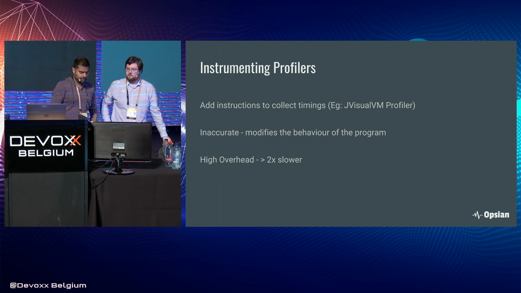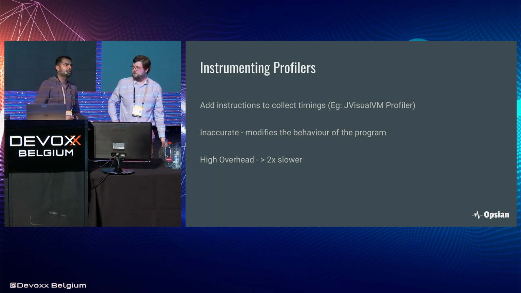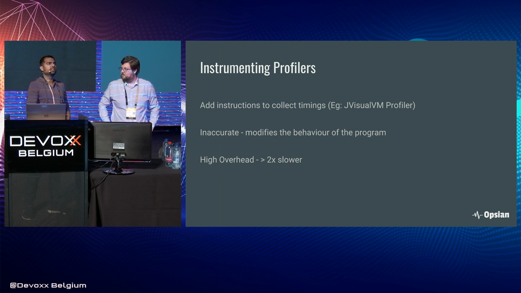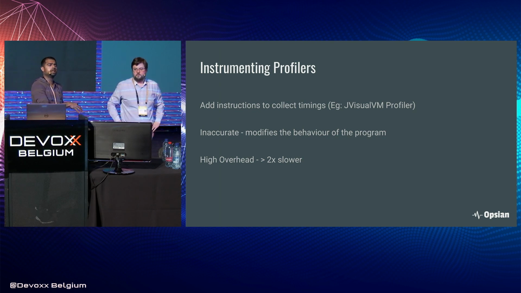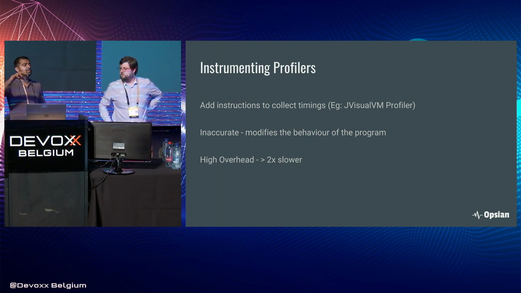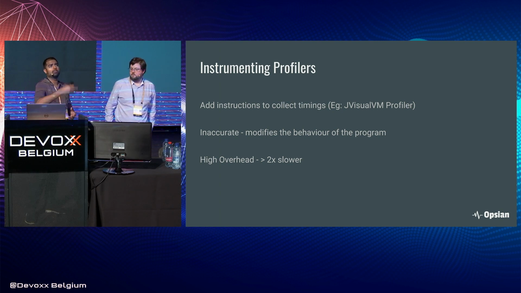Right. So we've talked a bit about some of the other methods that we can use to gather performance information from our production system. Now we're going to talk about the actual technical aspects of how we go about profiling a JVM-based application in production. So the oldest types of profilers are what are called instrumenting profilers. Richard talked about instrumentation before. An instrumenting profiler adds instrumentation to the program under test to measure the resource we're trying to profile. It might be memory, it might be CPU, it might be wall clock time, what have you.